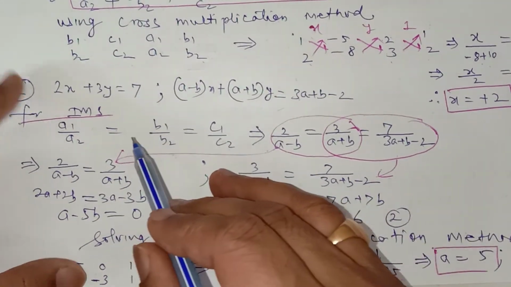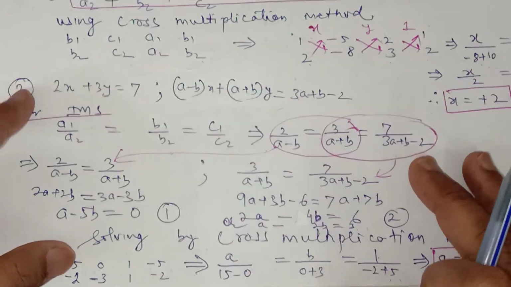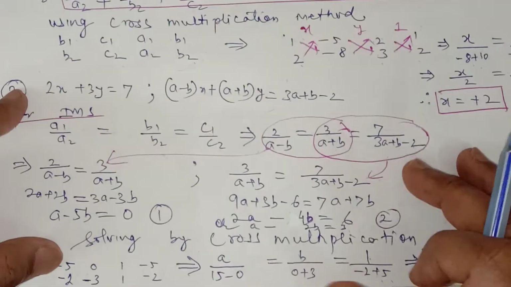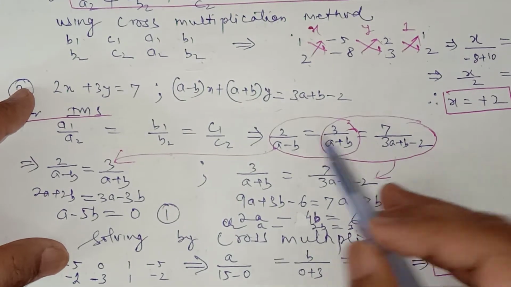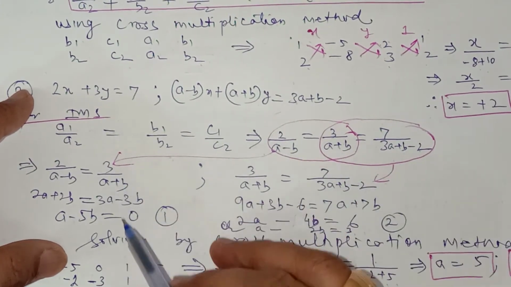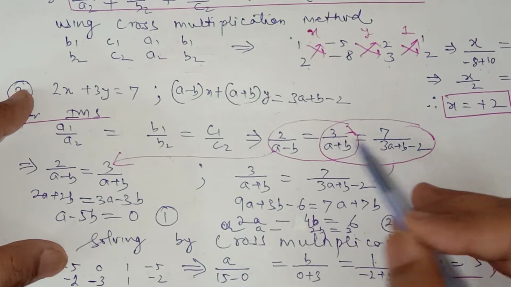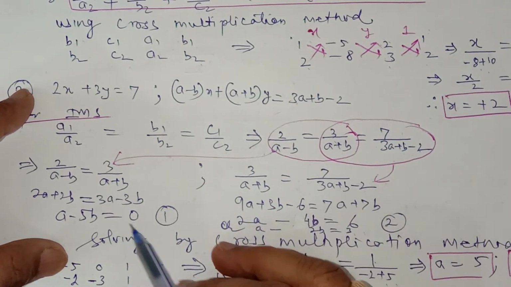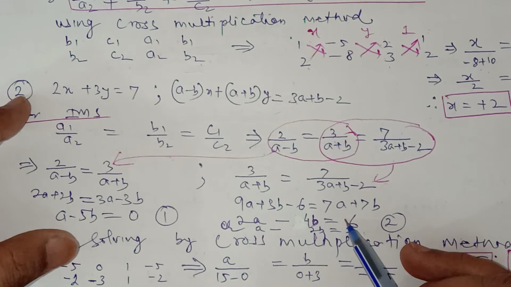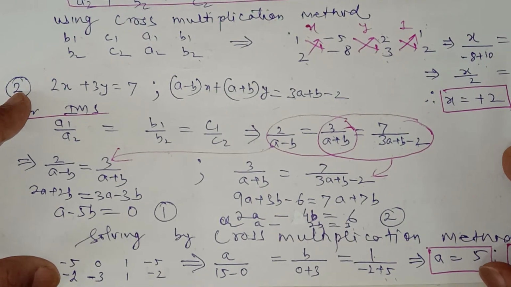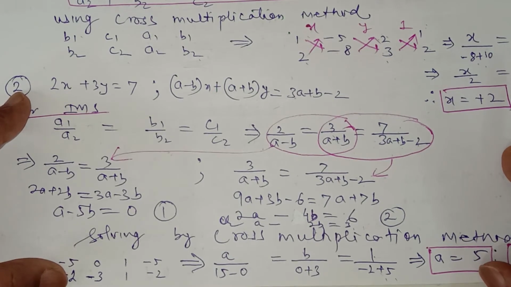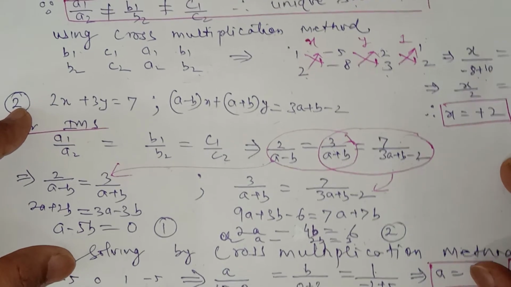So it is given in the beginning that these two equations have infinitely many solutions. So we have put that a1 upon a2 is equal to b1 upon b2 is equal to c1 upon c2. When we have equated them, you get one equation. When you equate these two, you get a second equation. Then you have to solve these equations. We have three methods. If it is specifically written by which method you have to solve, then you have to solve by that method. Otherwise, you can use any method: elimination method, cross multiplication method, or substitution method.